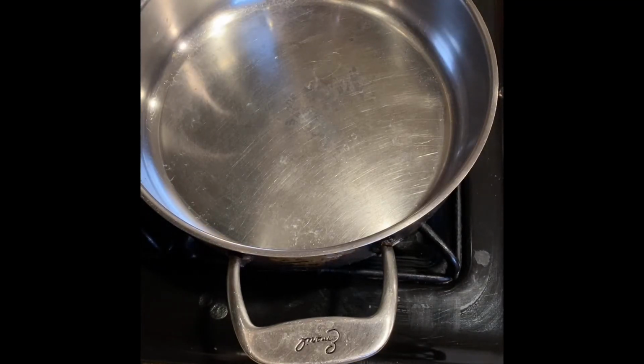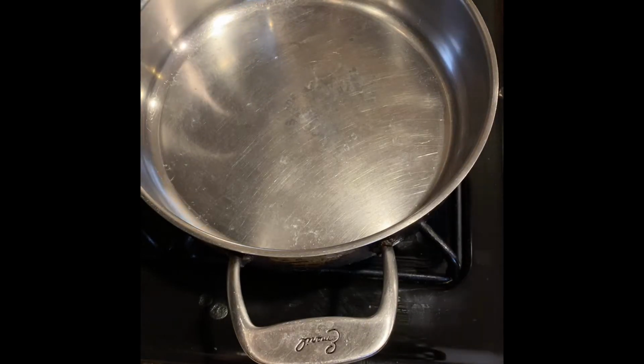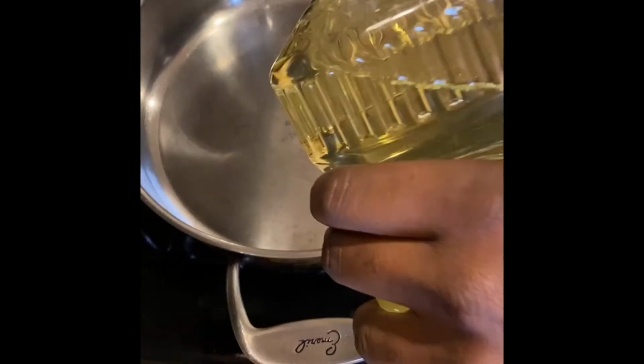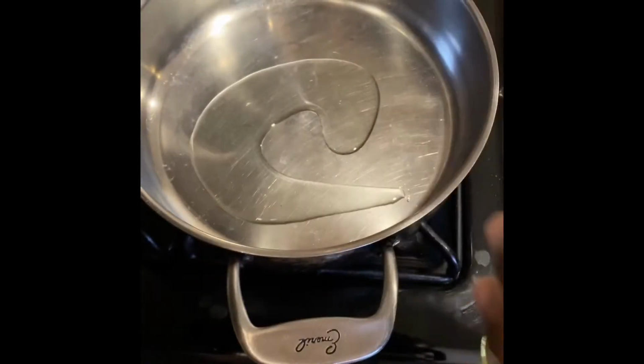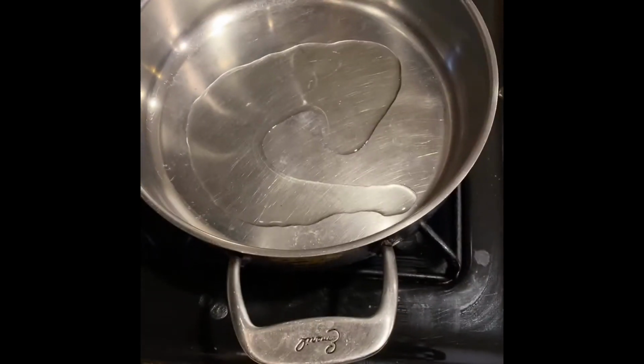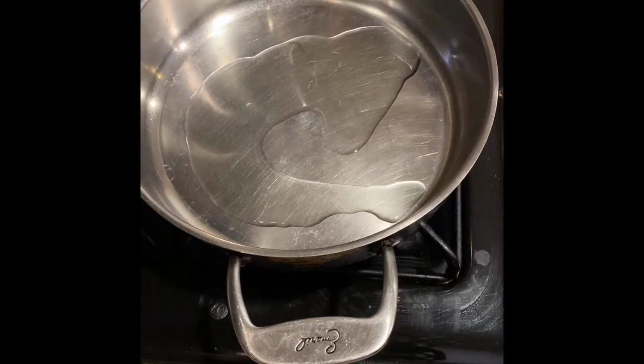What I'm doing is I'm heating up my skillet, and I'm going to put a little bit of grease in it. This way we're gonna saute our vegetables, okay? We're not gonna cook them too hard. I probably saute them about 3 to 4 minutes. And so I'm gonna let my grease heat up, and then I'm gonna bring